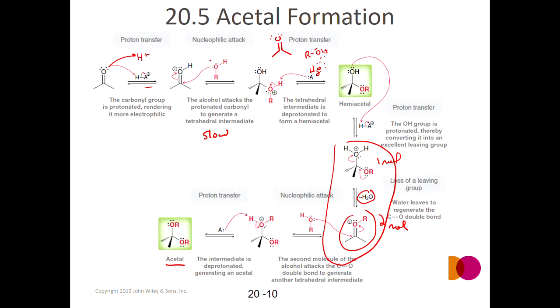Right, so if you look at the mechanism, it's very easy to see each step in the forward direction could readily occur. There's no one single intermediate that's especially unstable. All of the attacks and proton transfers look reasonable. But that could be said both for the forward and reverse reaction. So kinetically, this mechanism is nice. It allows the forward reaction to occur, but it also readily allows a reverse reaction to occur. So we want to look,